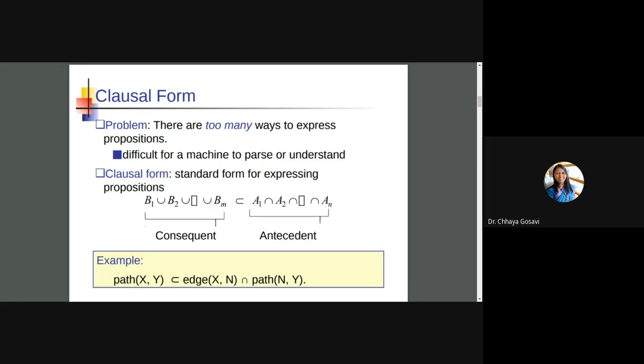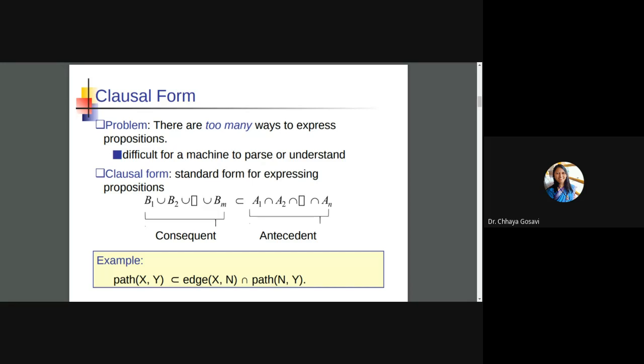So we can have a consequent, which is used as an OR statement: A or B or C or D. Any one can be true, and still you can proceed. And you can use the second form, AND, which means everything should be true, then only you can proceed: A and B and C and D. For example, giving the example of path X comma Y, we are using the AND operation.